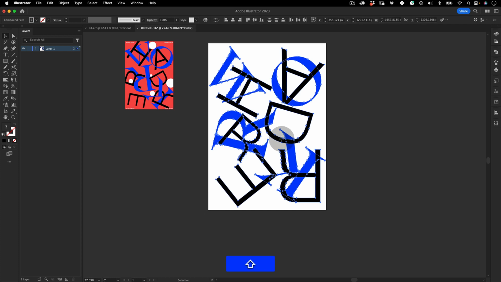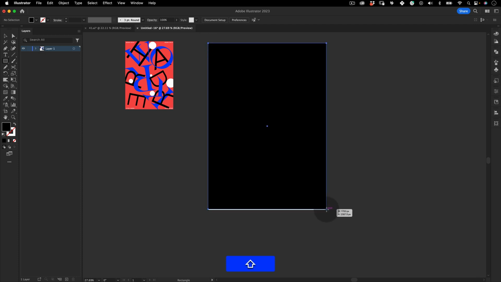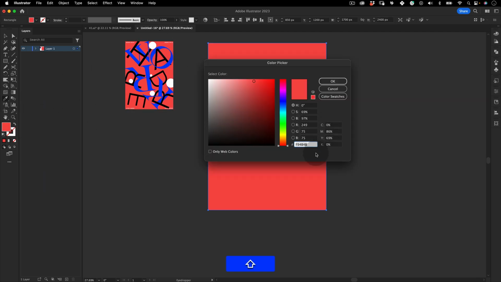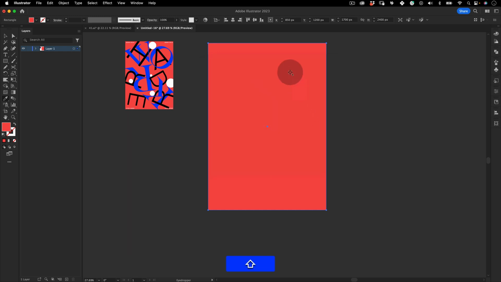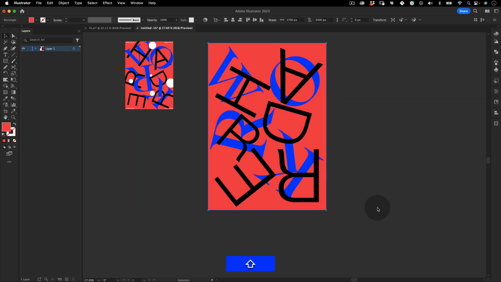I'm gonna select this all, maybe center it. Then I'm gonna go to the toolbar again, get the rectangle tool to make a nice background for it. And then we're using the color picker. I'm gonna just pick this color. I'm gonna share with you the color code, which is F94B4B. It's a really nice pinkish orangey. Don't even know what this color is, but it's a really nice color. Send it to the back,